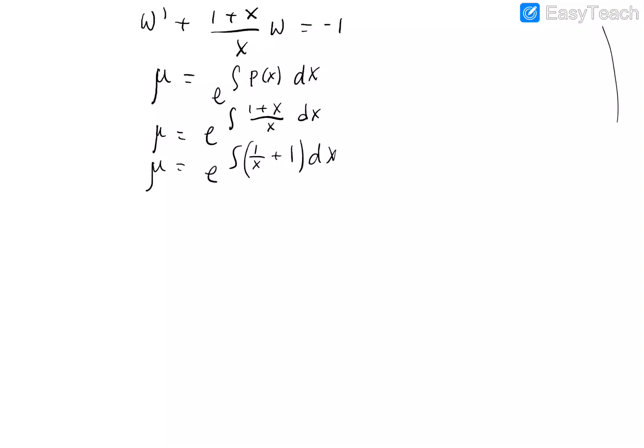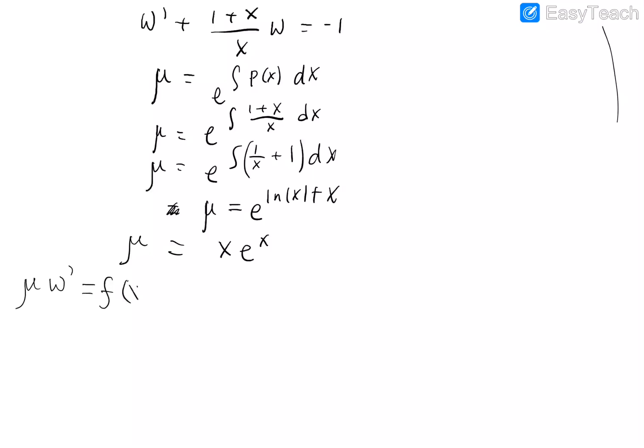What I did there, I just separated the terms, because then it would look like this. It would be mu equal to e to the natural log of x plus x. And then you'll get mu equal to x e to the x. Okay, and then what we want to do with our mu is get it in this format, which looks like x e to the x